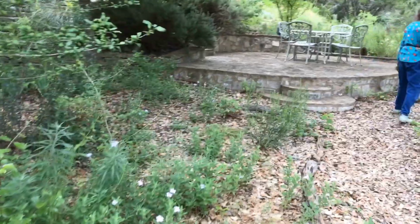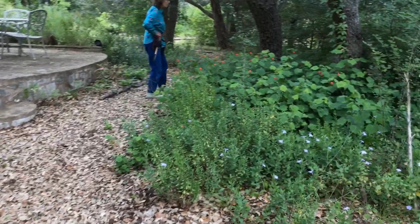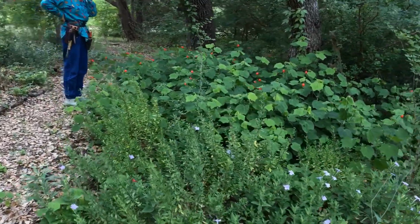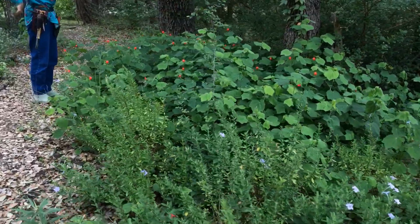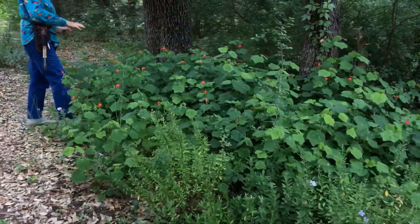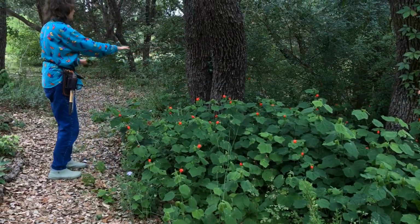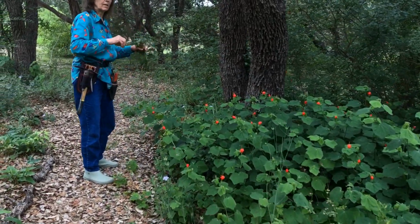This is Turk's cap, a butterfly, hummingbird plant. And I did the same thing here. I didn't want open, limbed up trees. I wanted stuff. So I planted the Turk's cap, and it's rewarded me. This is what I wanted. I wanted it to fill in, and they call them drifts. I wanted a drift